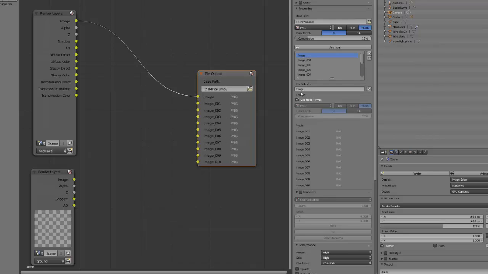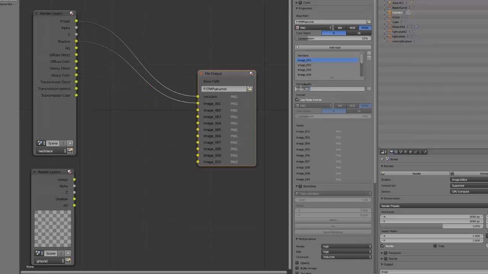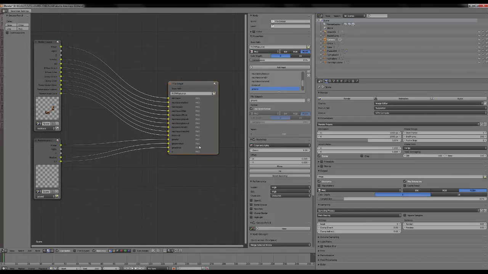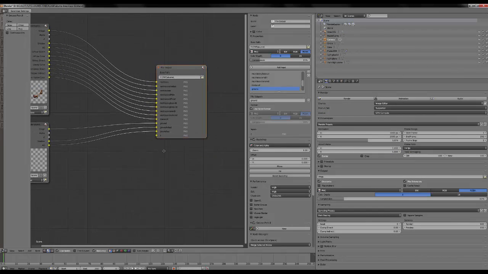So here for the first necklace I will copy this name, second one necklace shadow, etc, for everything, and also for this one ground, etc, or it will be overwritten. So we have our nodes here done and outputted here,